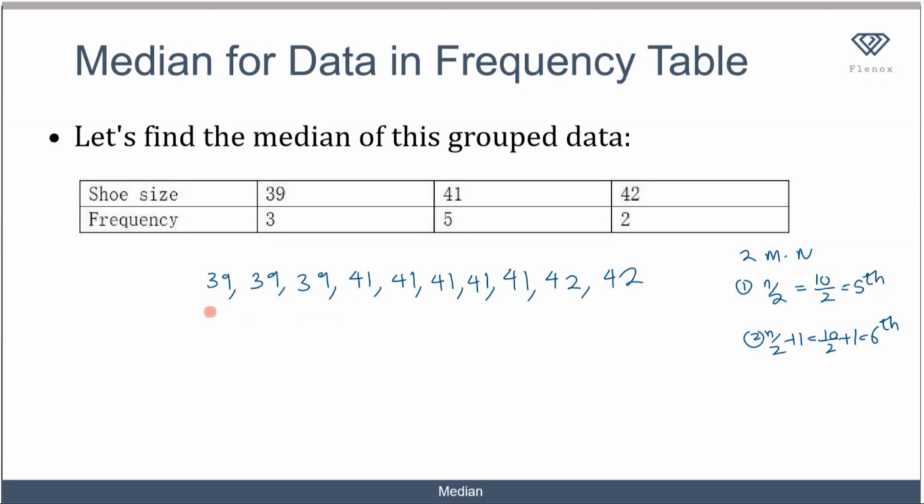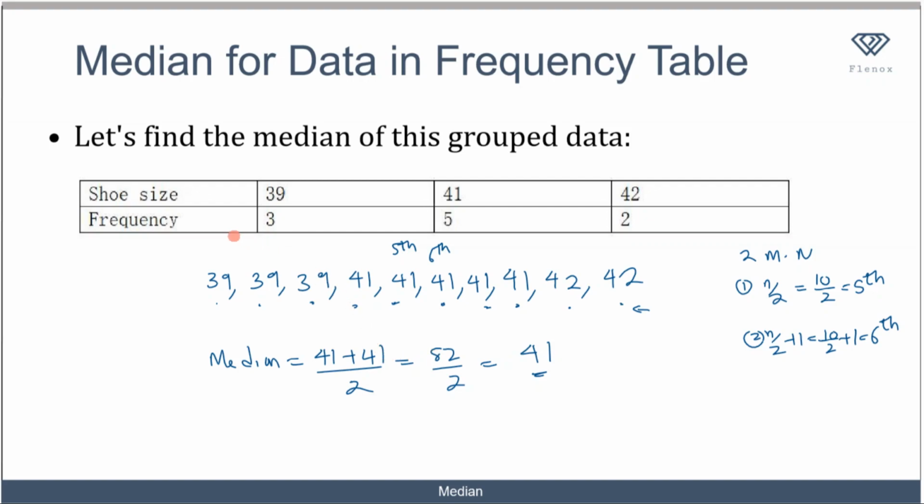Whenever I do it from first principles, I move in from both ends, one at a time, until I end up with two numbers at the center, which are the fifth number and the sixth number. If you count 1, 2, 3, 4, 5, this is the fifth number and this is the sixth number. So now how do I find the median? As I've said, when you have two middle numbers, you find the median by finding the arithmetic mean of those two numbers. So that will be 41 plus 41 over 2, which is 82 over 2, which is the same thing as 41. So the median of this distribution is 41.